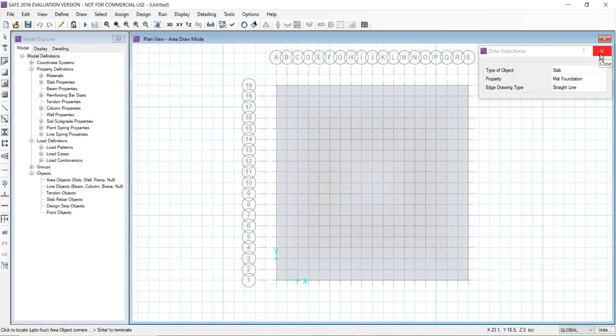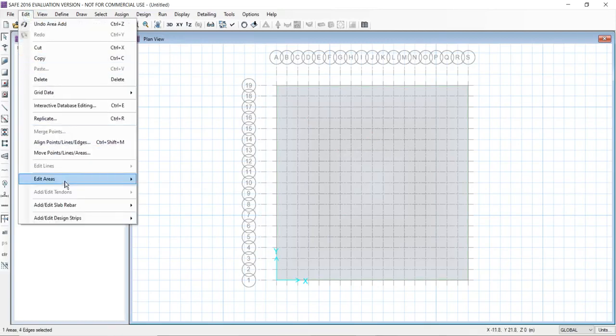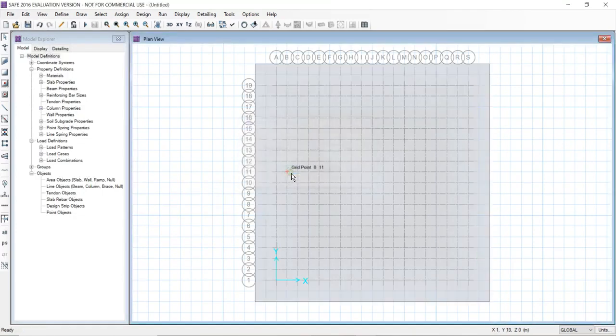Select this slab, go to edit areas, expand by 2000 mm and click OK.